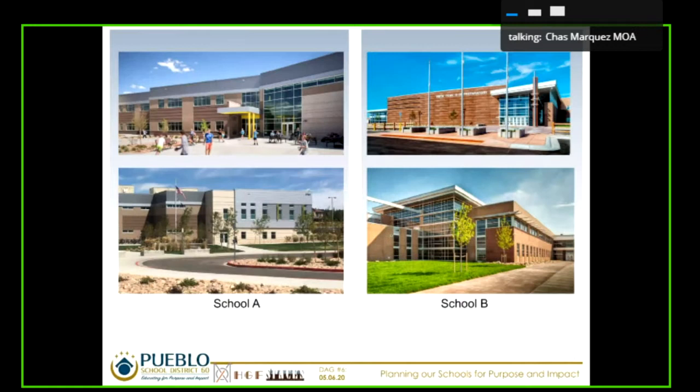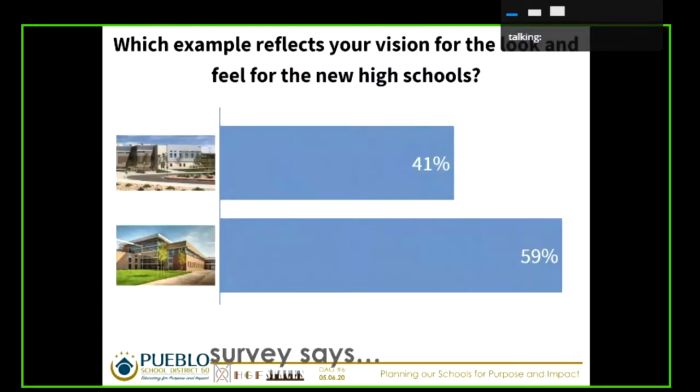So we went through the first set of images here. You had schools A and D. Based on the polling results, it was a pretty close one, but you can see that image B was the preferred one. This image B was showing a heavily masonry type building, but it was a little bit more playful in how those volumes are relating to each other. You have kind of a hierarchy of spaces. You have some lower volumes with some higher volumes that really bring some attention to the buildings. And so I think hopefully we've addressed those types of issues.